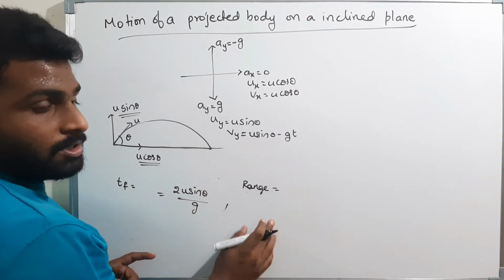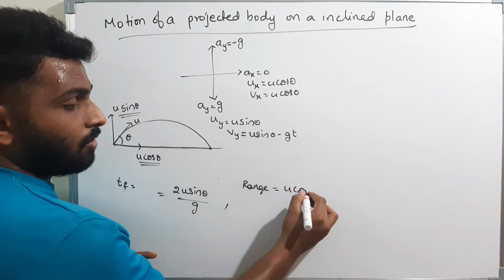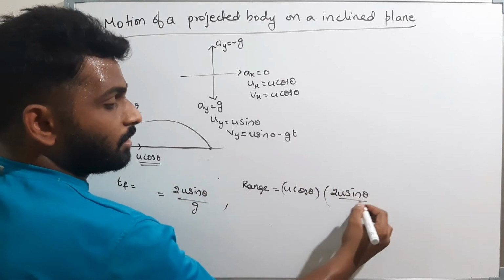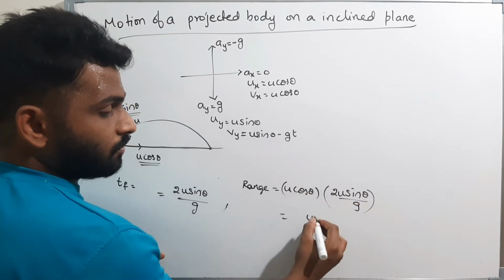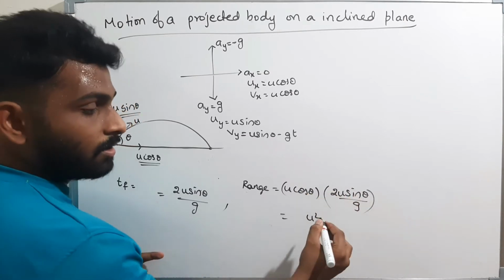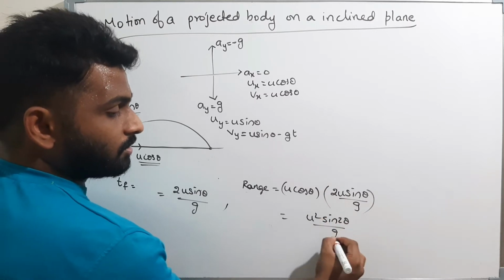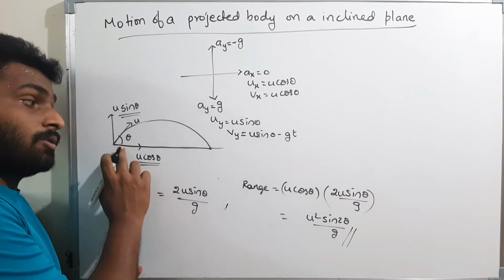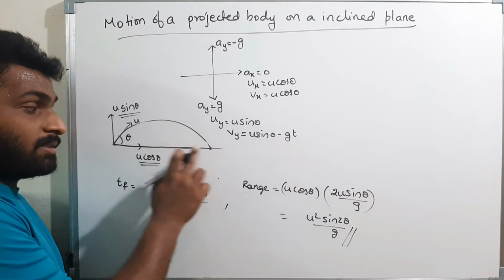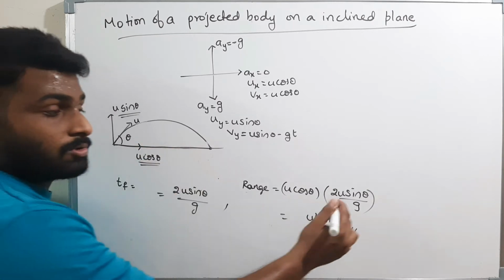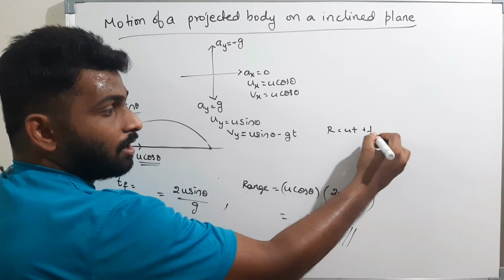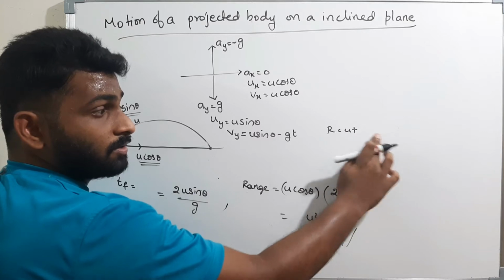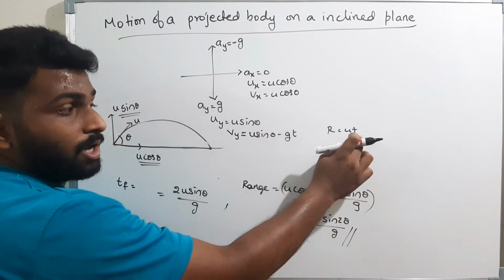Therefore, the range is nothing but the displacement, that is, the velocity u cos theta into the time of flight, 2u sin theta by g. Therefore, u into u is u square, and 2 sin theta cos theta is sin 2 theta, by g. That is the range formula. Simply the horizontal velocity into the time of flight. If there is some acceleration in this direction, then I can't use that. I have to use r is equal to ut plus half at square. But in the horizontal direction the acceleration is 0, therefore I am taking that term as 0. So the only thing is u cos theta into the time of flight.